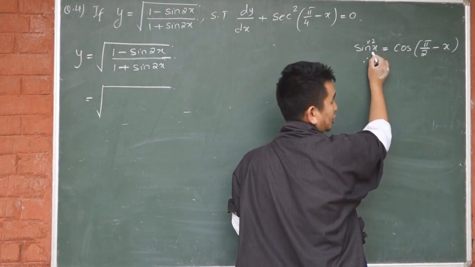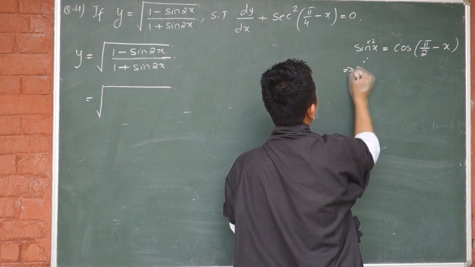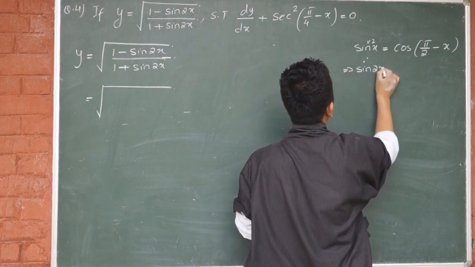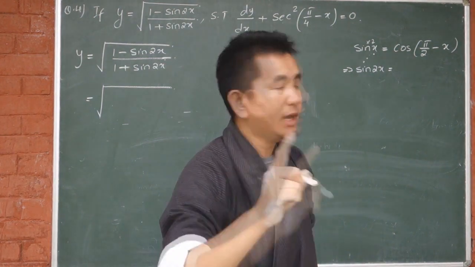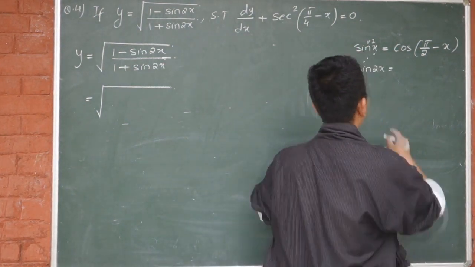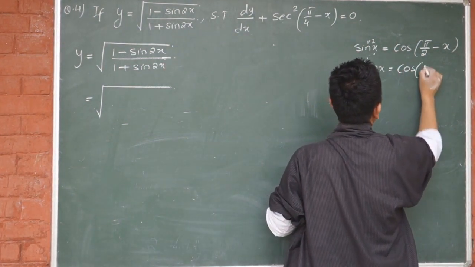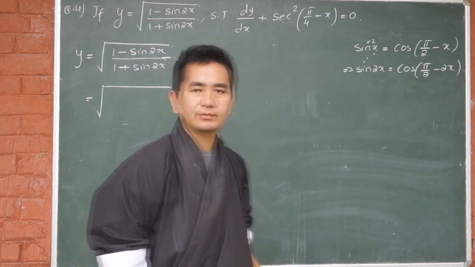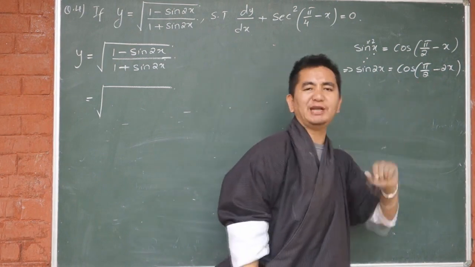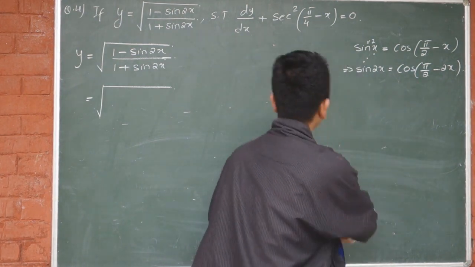When you multiply with 2, here sin 2x, that means this 2 is just multiplying only x. If it is multiplied only with x, this side also, you need to multiply only with x. This becomes sin(pi/2 minus 2x). Similarly,